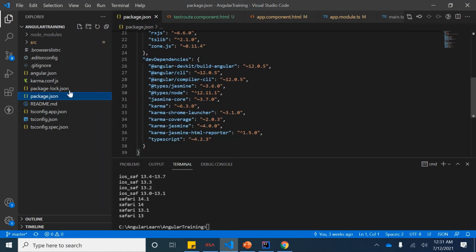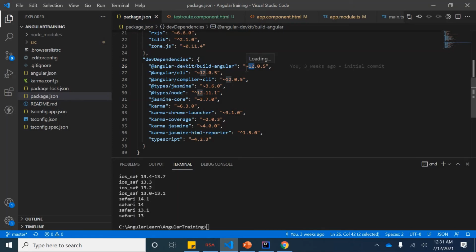So when somebody new comes and takes this project, what will happen is, when you run npm install, it will refer to this package.json. When you are seeing this version, there are three parts: this is the major part, this is the minor part, and this is the patch. That means 12.0.5, so 12, and a tilde.